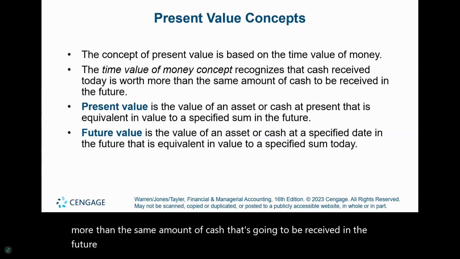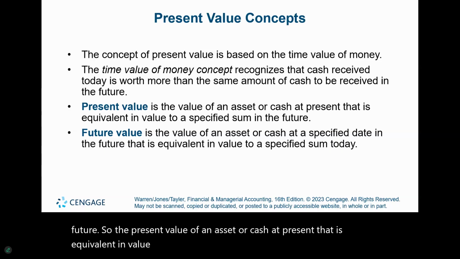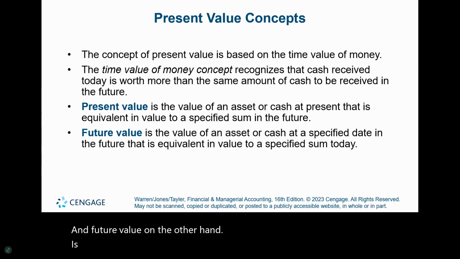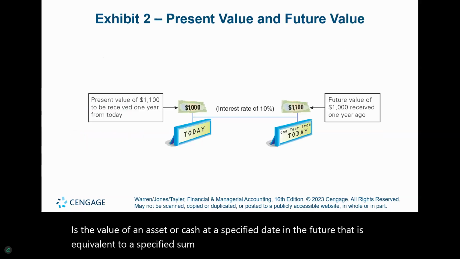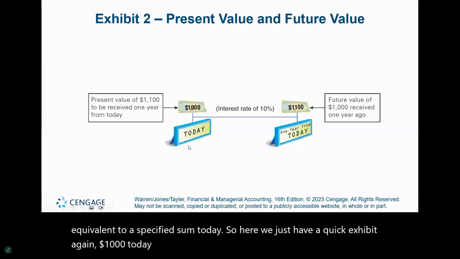So the present value of an asset is cash at present that is equivalent in value to a specified sum in the future. And future value, on the other hand, is the value of an asset or cash at a specified date in the future that is equivalent to a specified sum today. Here we just have a quick exhibit. Again, $1,000 today, if it's going to be received 1 year from now, it's going to be worth